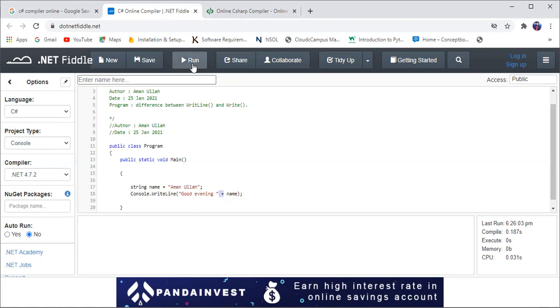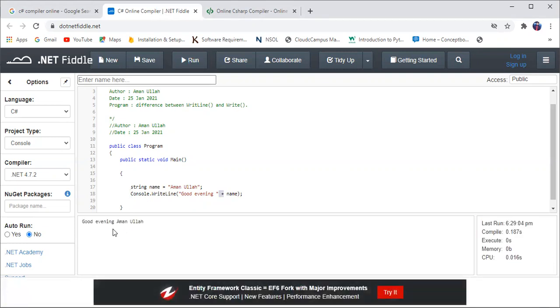So let's run this program and see the output. You can see good evening Amanullah. I just concatenated with the help of this plus sign. Now you can also concatenate two string variables, like string greetings is equal to, for example, good morning.